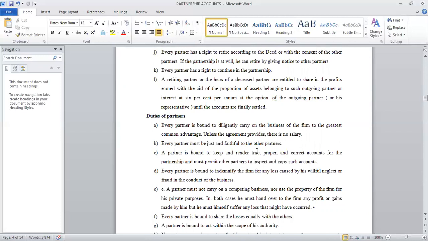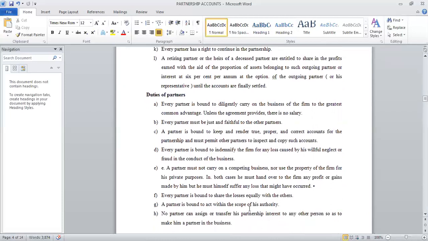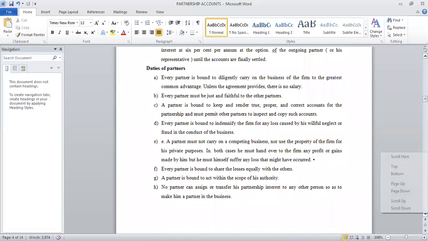If, for example, I'm a partner and because of my negligence I have caused the business to lose maybe 5,000, then I'm supposed to pay back to the business the 5,000 because of my negligence. And a partner must not carry on a competing business. If we own a bookshop here in town A, I cannot also open another bookshop as a sole trader, whereby I'm the owner in the same town. That would be opening a competing business to compete with the partnership business that we have. And then every partner is bound to share losses equally with the others, and a partner is bound to act within the scope of his authority without going beyond. Having noted that,